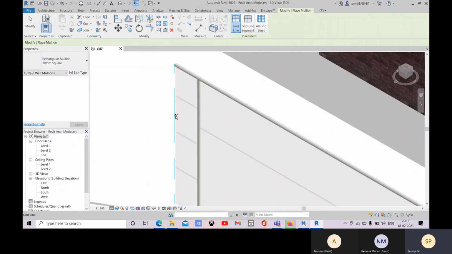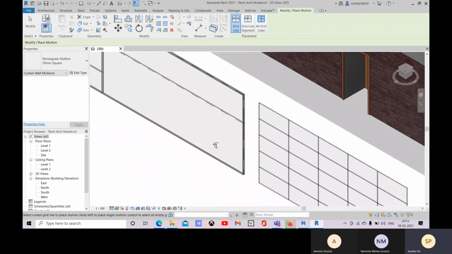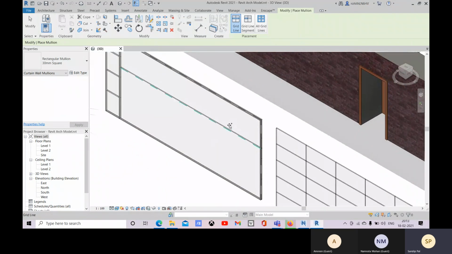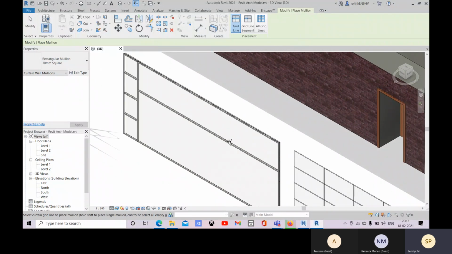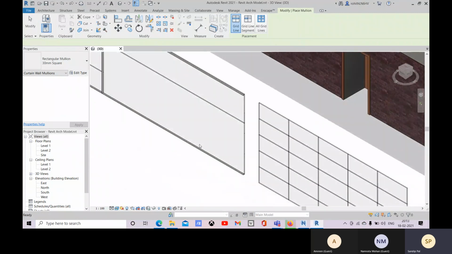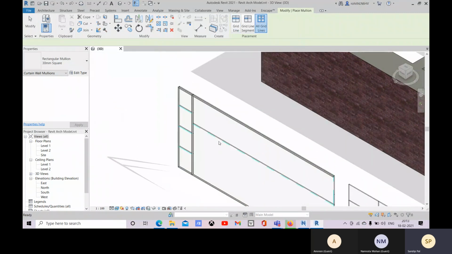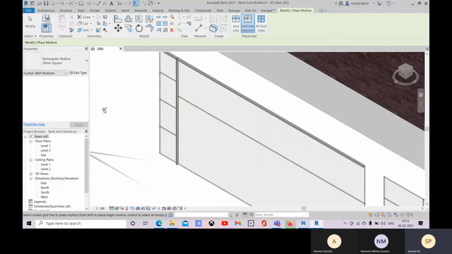You can place over there, and over there. All right, so this way you can also pick one by one. You can pick like this also, like only grid line segment.